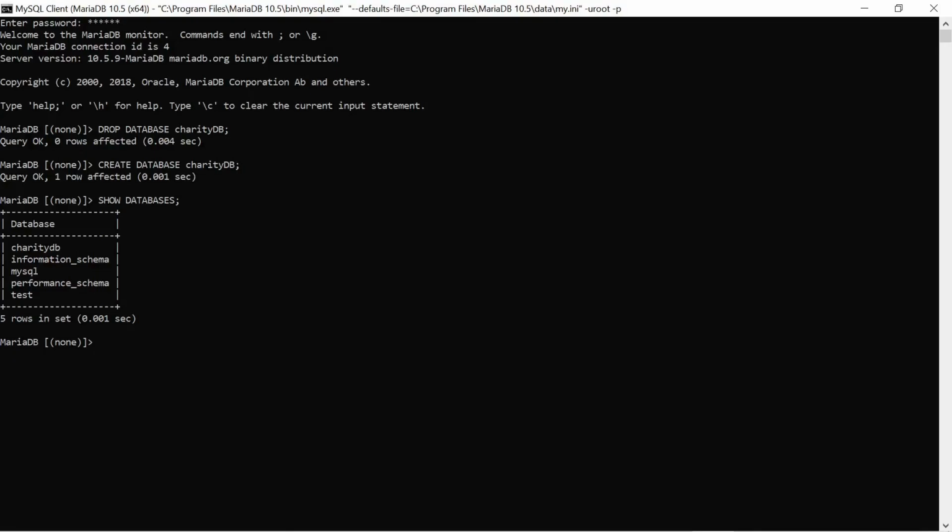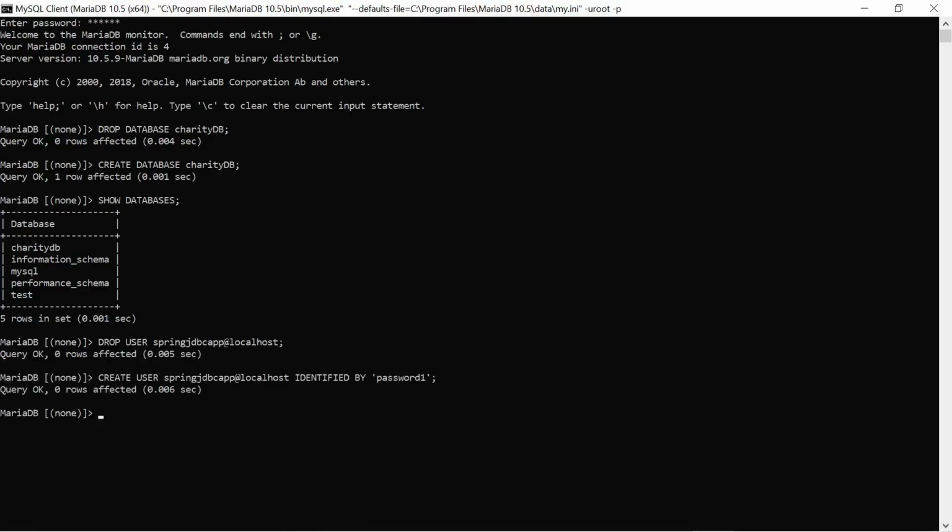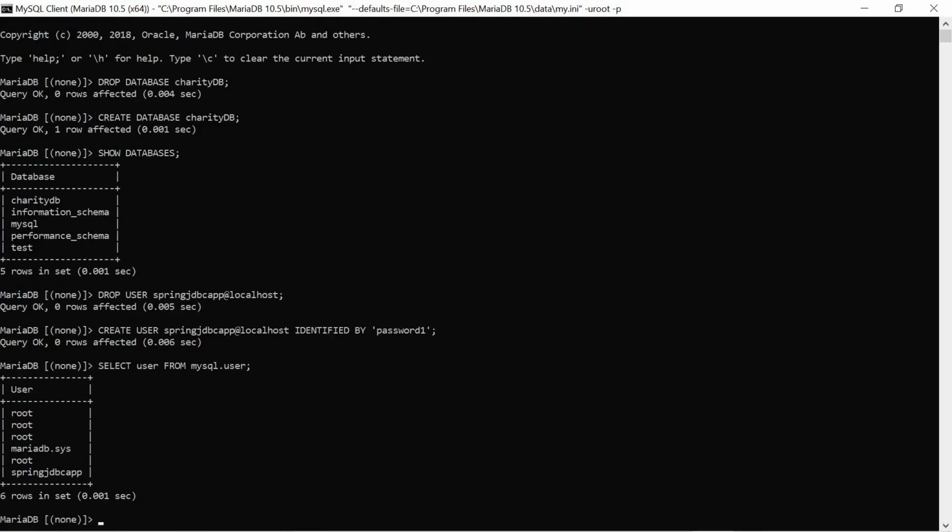Now we are going to create a database user for our application to access this database. And in case I've created it before, I will first drop it. All right, now I will create it. I've created a user and gave it a password. So let's make sure the user is set up, showing all the users and our newly created user at the